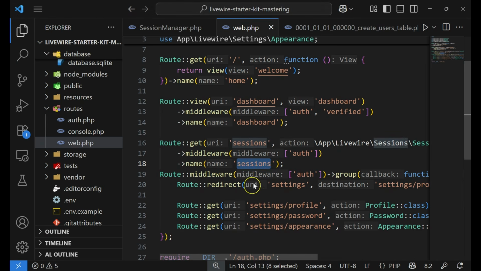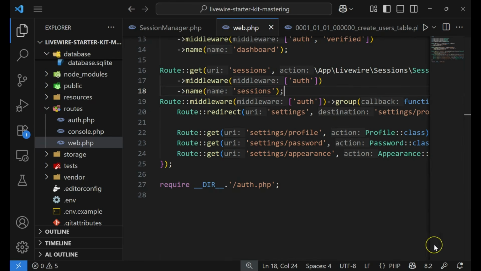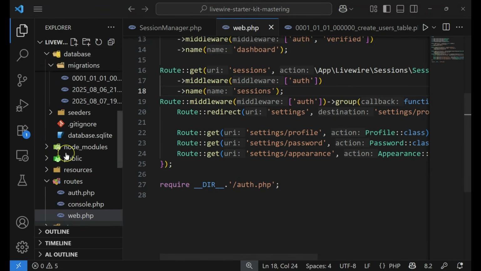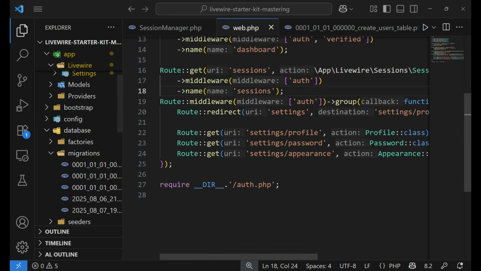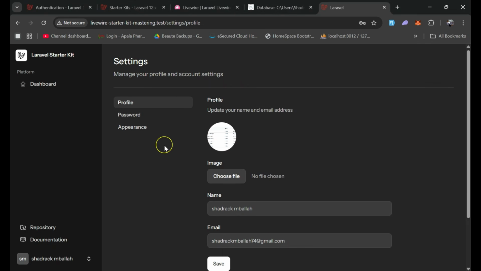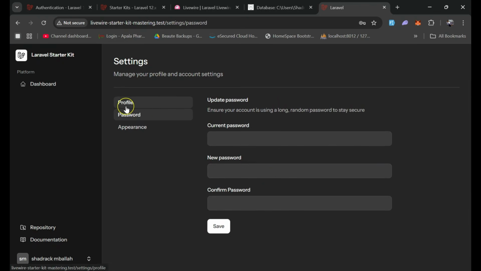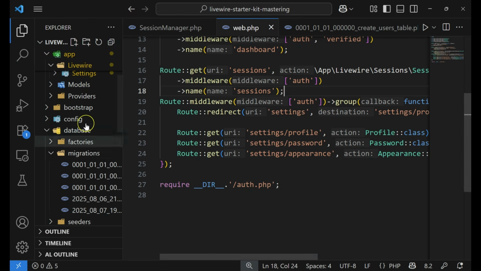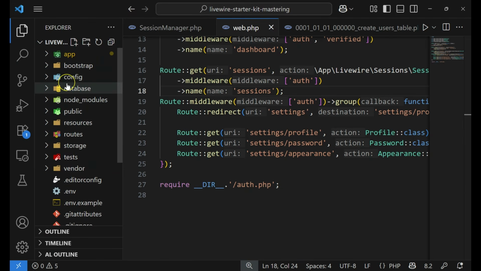So before doing that, let me just keep it here, and then now let's go to the page, because if you see this page, this is the settings page. It is created by different components. So we have the profile component, we have the password and the appearance components. So all of these components, as you can see from here,